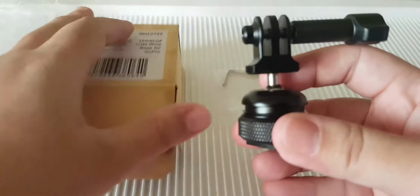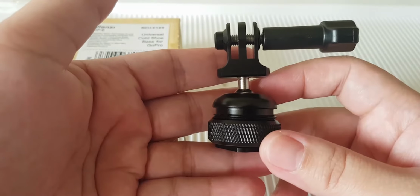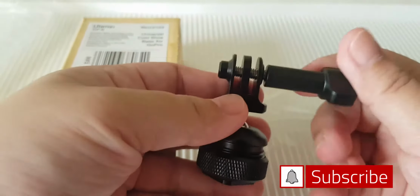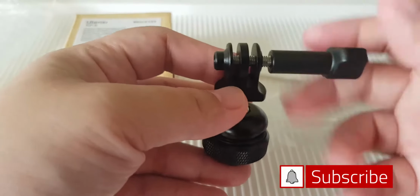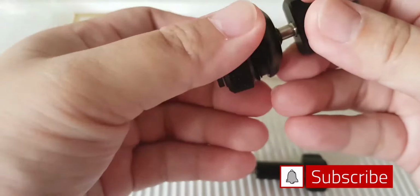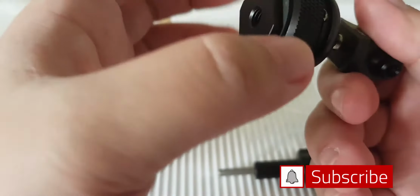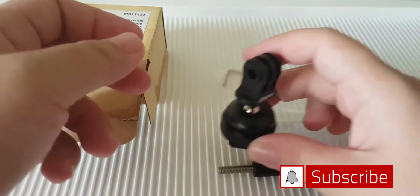Para i-connect ko yung tripod ko sa Ulanzi cage, GoPro cage ko. Ito yung inaantay ko. Dumating siya today. So, in-box ko kagad para magamit ko na siya. So, meron siyang cold shoe, like this. Pwede nyo siyang